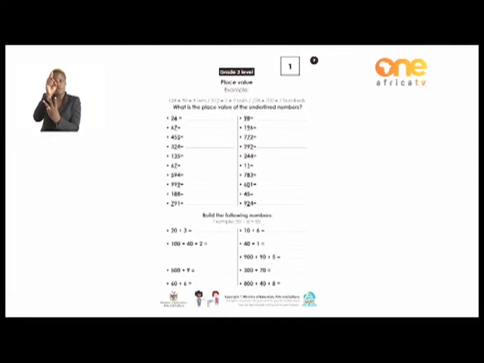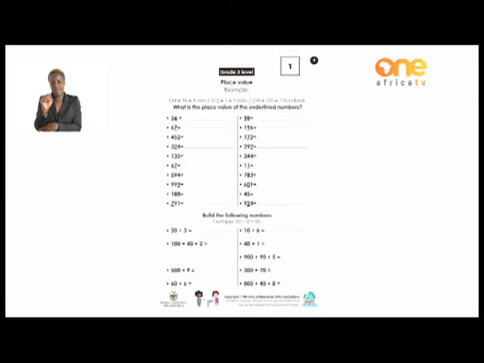So it asks us about the value of the number. The value means if we add 3 tens together, we will have 30. But the place is at the tens place. Can you see how it's been decomposed? Then we look at the next one,